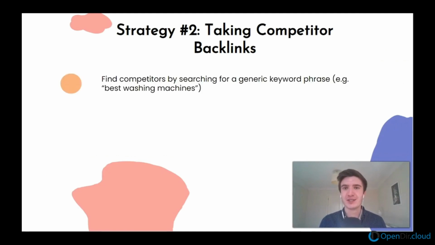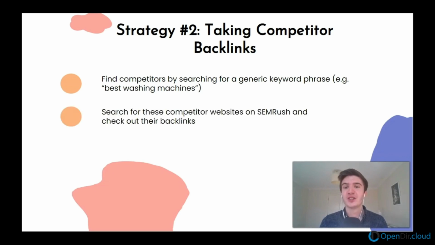We're going to find competitors by searching for a generic keyword phrase, and in this particular example that we're going to go through on Google, we're going to search best washing machines, so taking a completely different industry. The next step, step 2, will be to search for these competitor websites on SEMrush and check out their